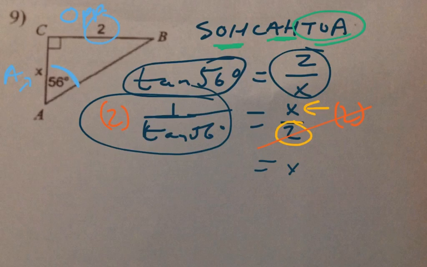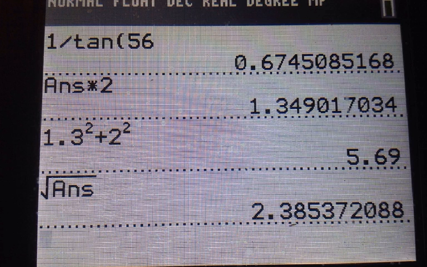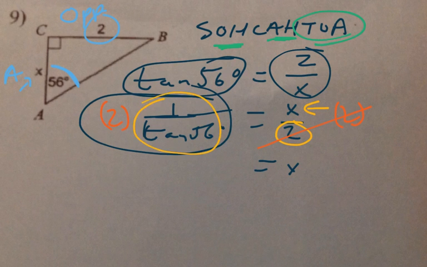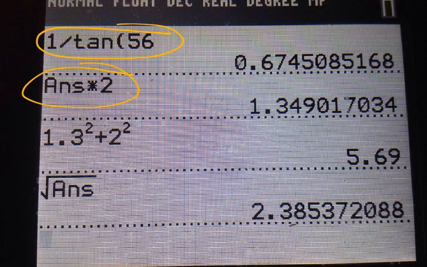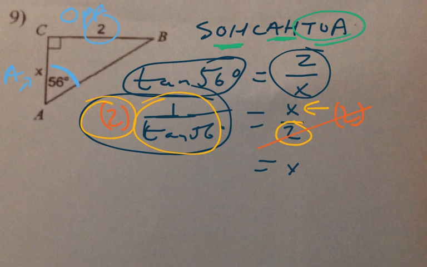Again, you can always pause and watch this video again. But if we look at our calculator, notice I did 1 divided by the tangent of 56. That's this right here. And now all I'm going to do is times it by 2. So once I take my answer, the 0.674, times it by 2 right there, I know that missing side x has to be 1.349. I'm just going to round it off to 1.3, even though 1.35 is probably better. So now that we know that the x is 1.3,